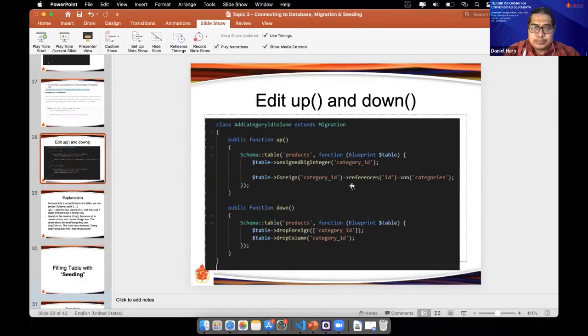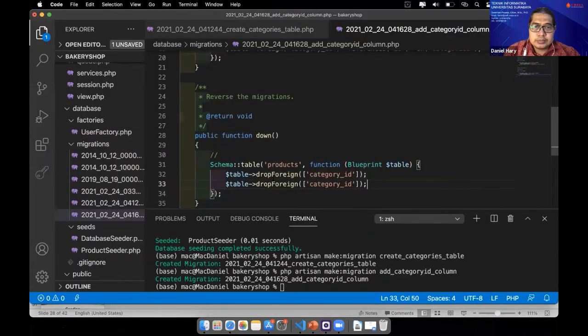Drop column. This one, I will put it in chat.